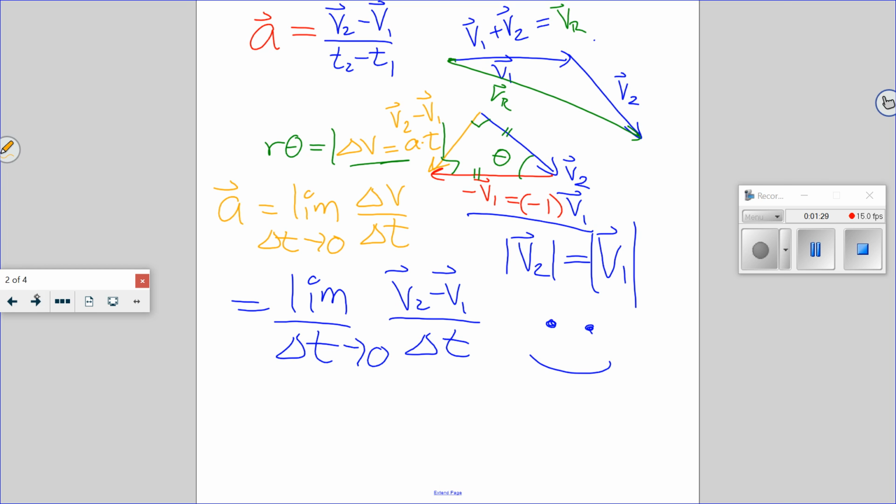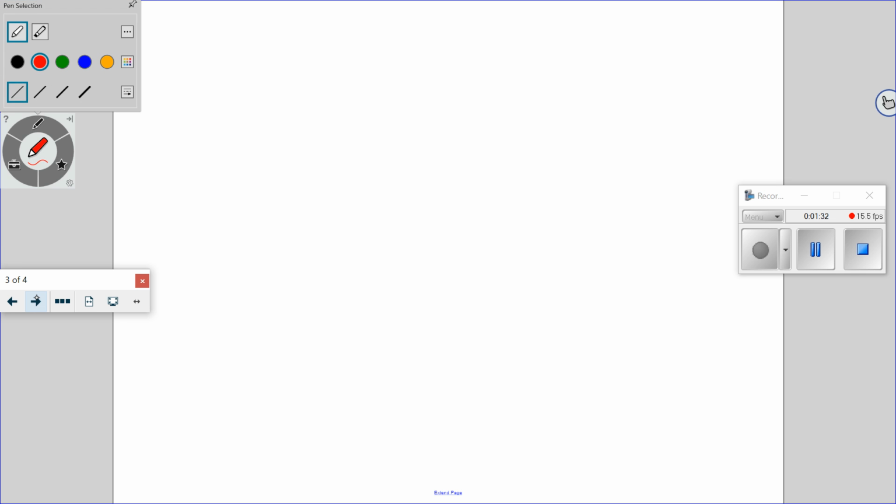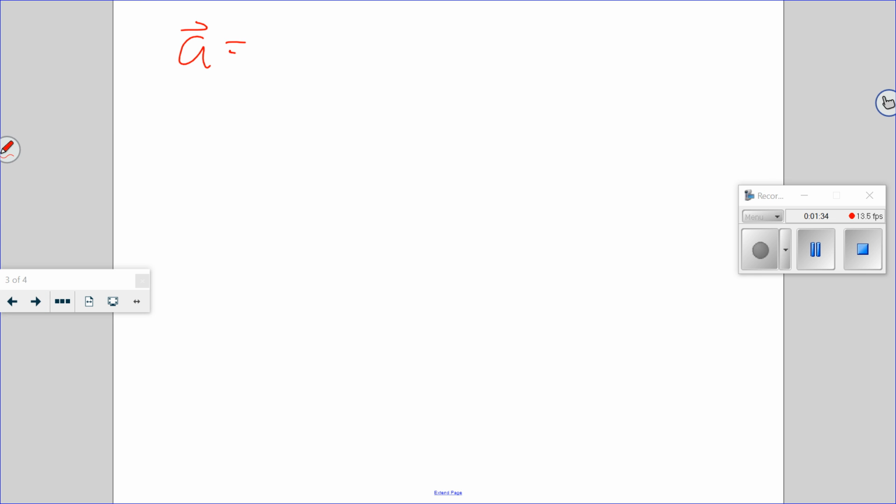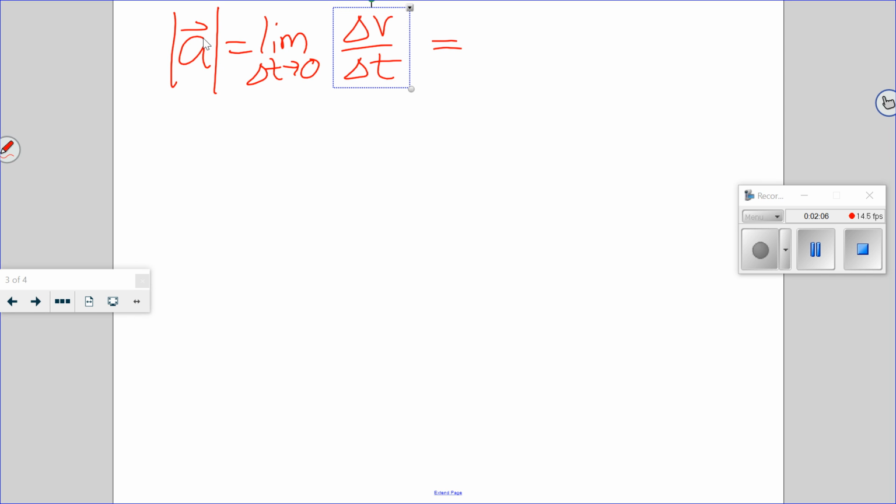Perfect. All right. Let's try to get it real quick. Our acceleration is delta V over delta T. Oh, and we're going to have the limit as delta T goes to 0. But we know the magnitude, so we know it points towards the center. So you know the magnitude of delta V is